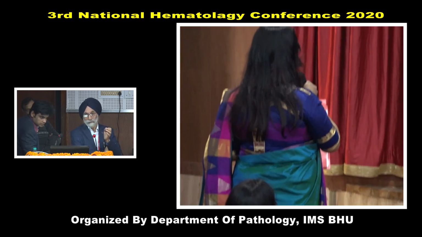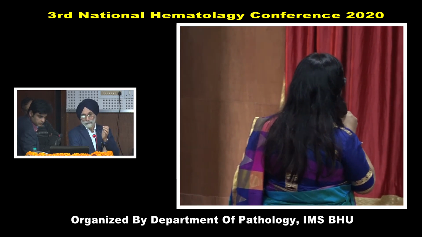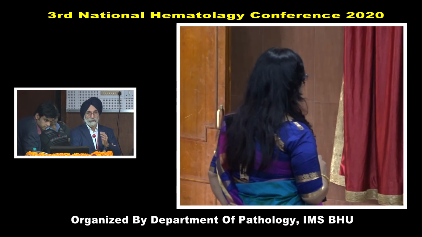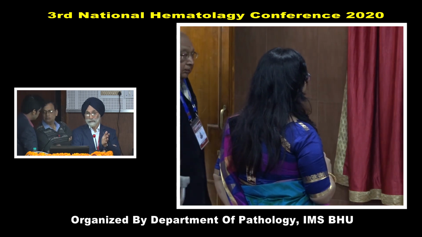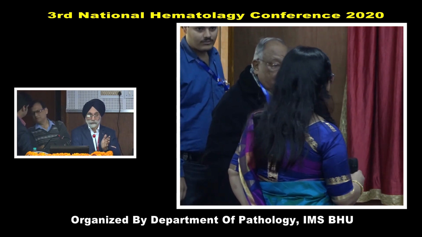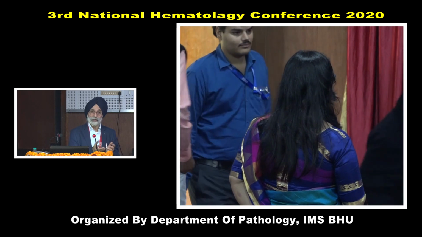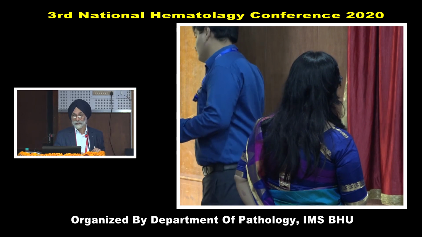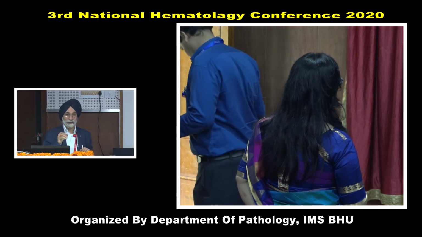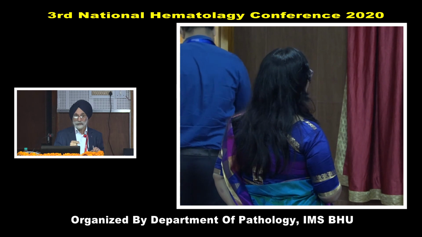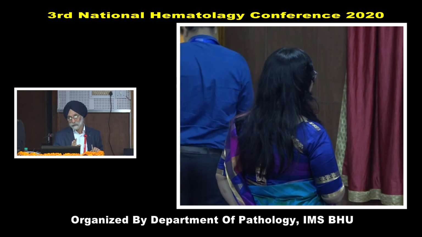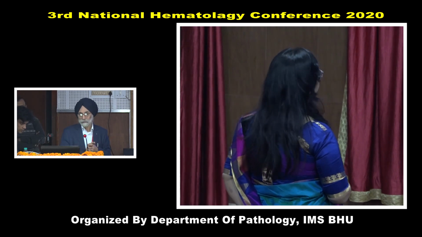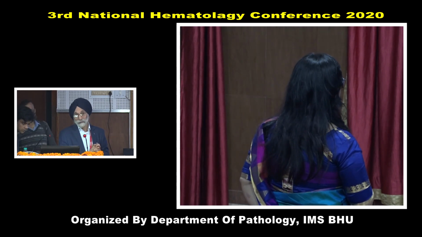When do we suspect hypoplastic AML on bone marrow aspiration? Difficult. On bone marrow aspirate, the cellularity is very, very low, less than 20% cellularity. So the smears are hypocellular, very, very paucicellular, but you may come across an occasional blast cell here and there. The very presence of blast cells in a hypocellular marrow is highly suggestive of hypoplastic acute leukemia, because in aplastic anemia we don't come across any blast cell at all. So that gives an idea that we are dealing with hypoplastic AML.